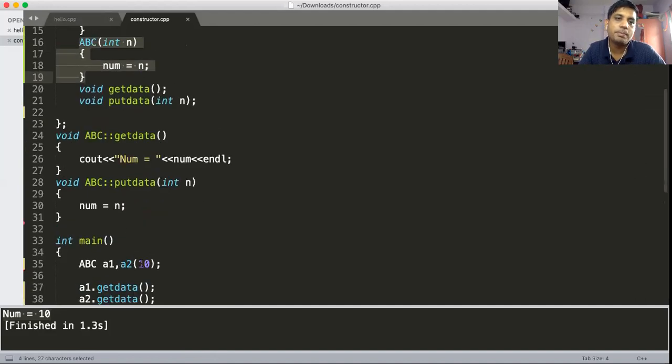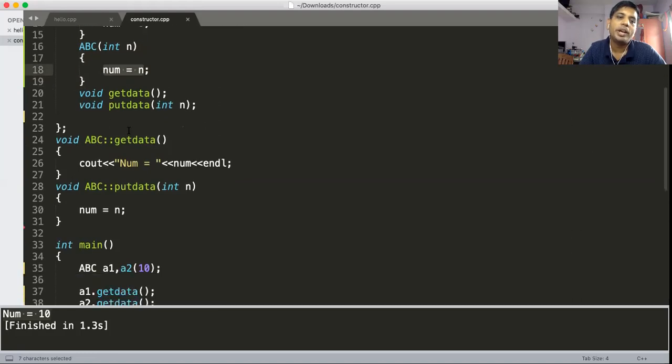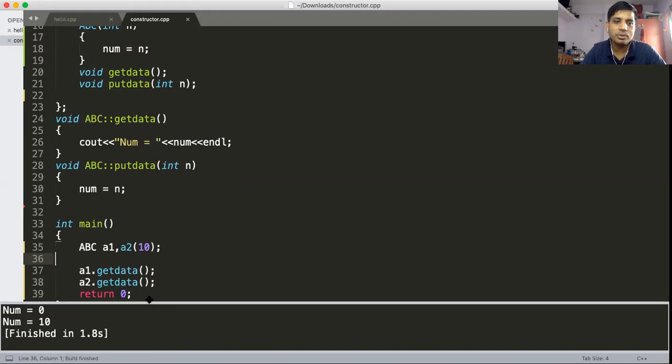So that 10 is passed to n and n is assigned to num. So A2's num becomes 10. So when you are using A2.getData here, it should give the output as 10. Just check it. When you are checking, you can see here,